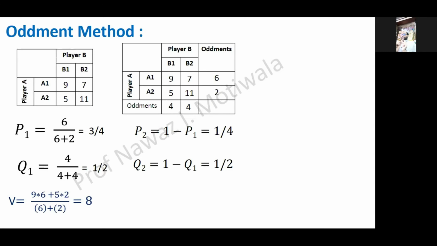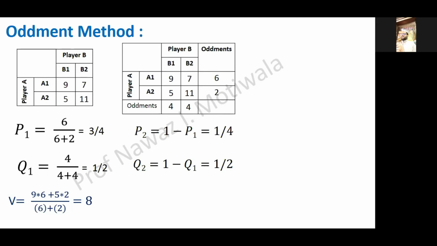Again, I repeat, oddments are just the probabilities or the times of the total which can appear or be used. So that is nothing but probability, because the general definition of probability is the number of occurrences divided by the total number of events. So your occurrence is 6 and total number is 8, so it will be 6 by 8 and the answer we are getting is 3 by 4. So the thing which I want to convey here is that we can also find the value of game by probability, which we have not done till now.